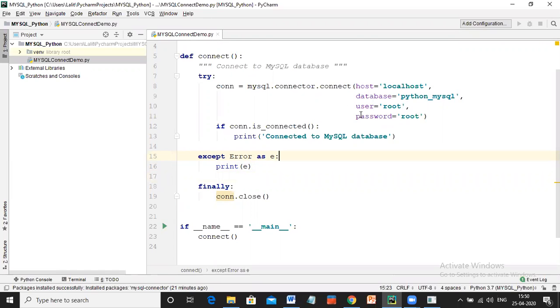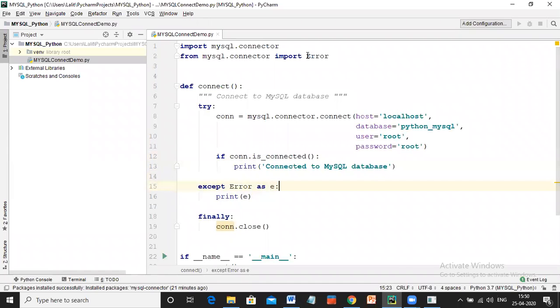Whenever there is an error in mysql.connector, this will handle all those errors and print me that error.